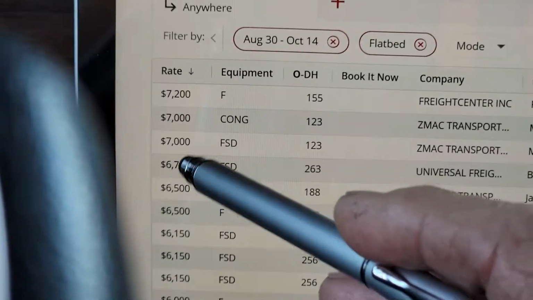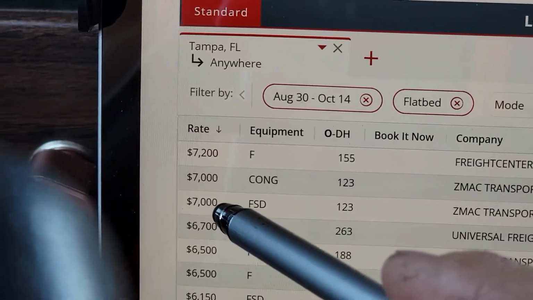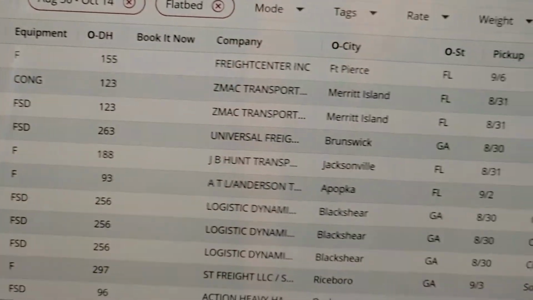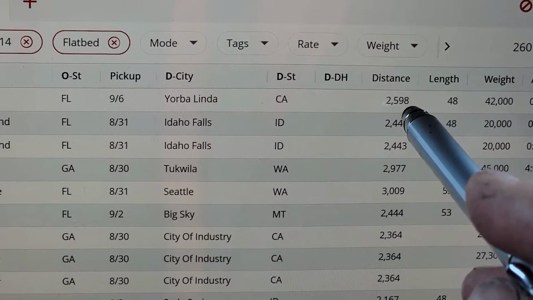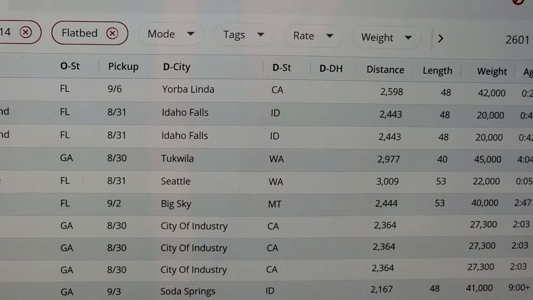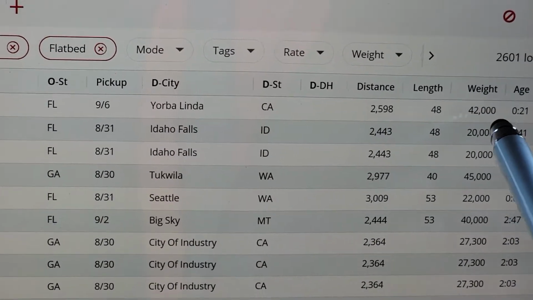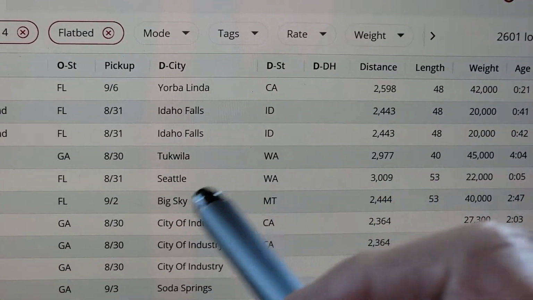As you can see, these rates all look pretty good, but when you get down to the details, that's 2,598, and you start breaking down the math on that, and the weight of it is 42,000 pounds.